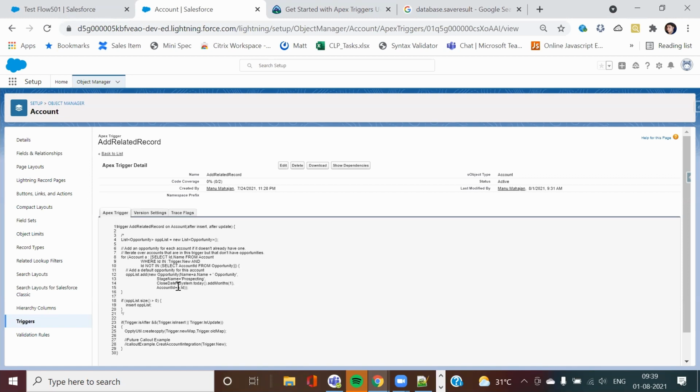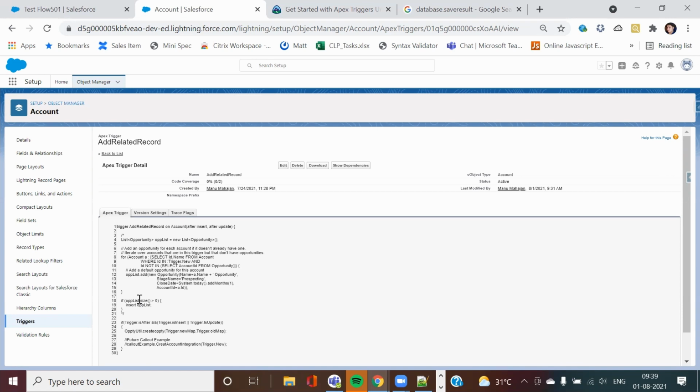Two, never write your DML operation, I mean this insert operation, inside your for loop. Because then also the same problem of DML. For SOQL queries you have a limit of 100, and for DML operations you have 150. So in case I'm inserting more than 150 records, then it will create a problem. Now here in this code, since it's outside the loop, it's only using one DML statement.